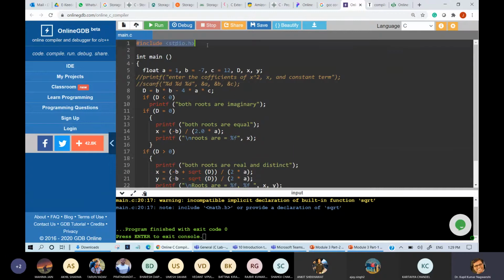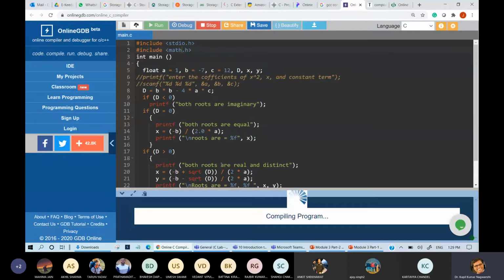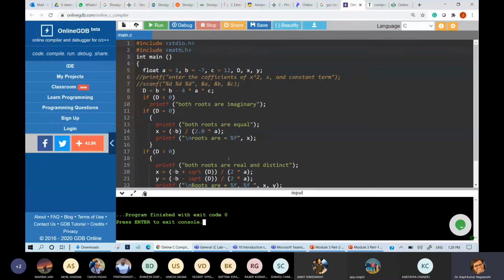So let me include one more file: copy, then paste math.h. Now I'm running, but it will not give me any output, although I had already entered the coefficients. I'm not accepting the coefficients from the user.